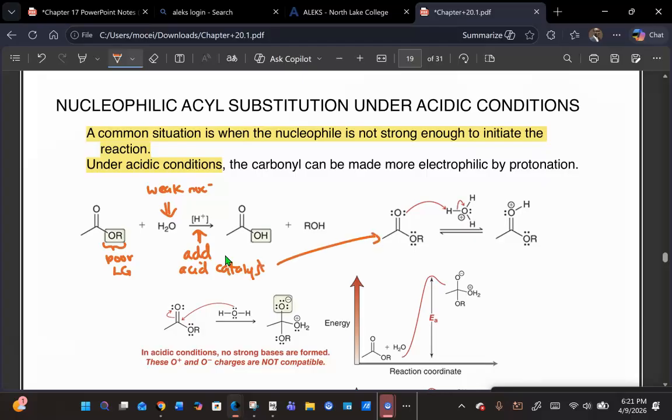The acid catalyst will help us to do the P step. Now this becomes a very strong electrophile. Yes, you've not made the OR a good leaving group, but now we have a strong electrophile that can be attacked by the weak nucleophile. That is the reason why we protonate. Oh, so the first step is to make the strong electrophile. Yeah, because if you don't do that,